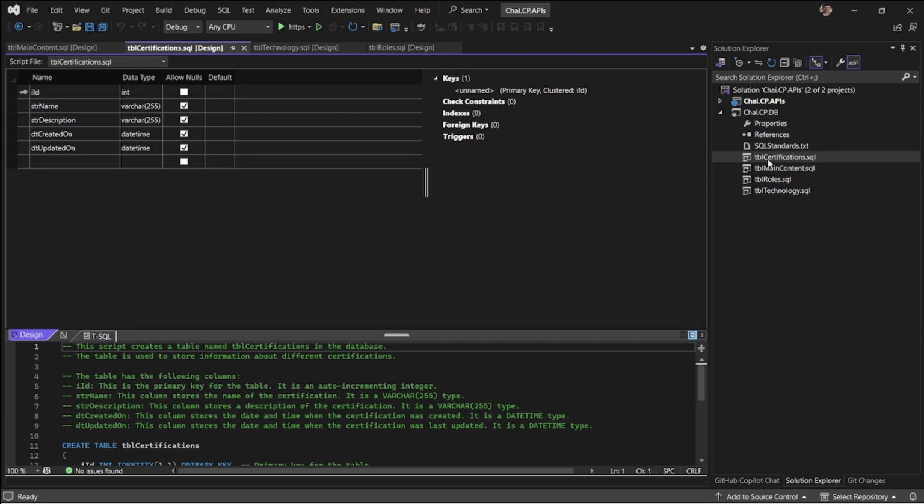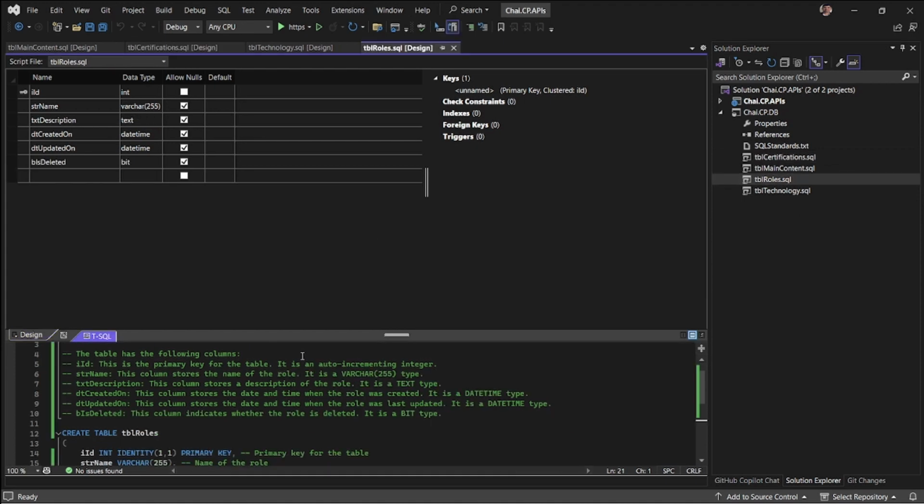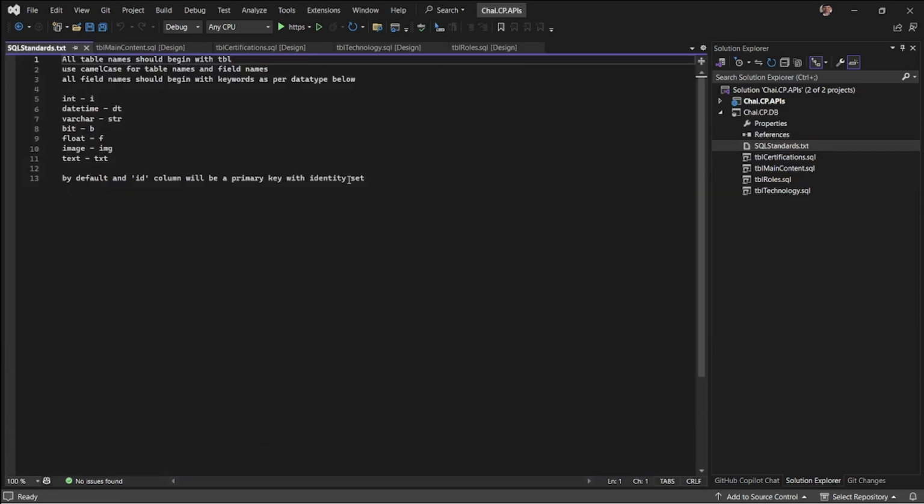Now here I have the documentation for all the files and the details I need, which I can go ahead and commit the code into the repository or give it for a review to code review or raise a pull request. Now, what you can notice there is the primary column, which is the ID column, is having IID, right? So I'm trying to see, can I go back and update my standards file and ask,